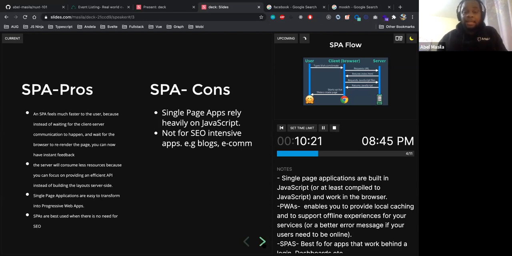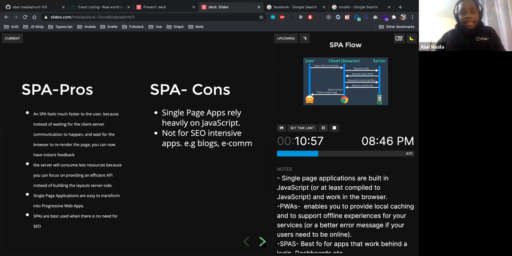For instance, your blog needs to be indexed on any search engine. So it's good not to use an SPA for that case. If you think that your web application should be highly accessible, don't go for an SPA. And we have numerous examples of SPAs which have been doing good. For instance, a dashboard application. A dashboard application is a very nice use case for an SPA because it works behind a login screen. So people can access what they need just behind the login screen.